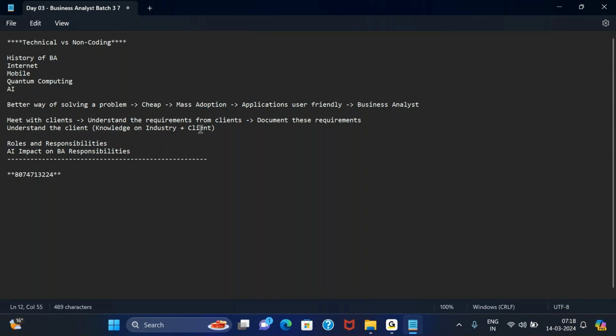You research memory requirements, given the amount of browsing that happens nowadays, and CPU or processor requirements. You try to understand these basic things and then decide which phone you want to buy.